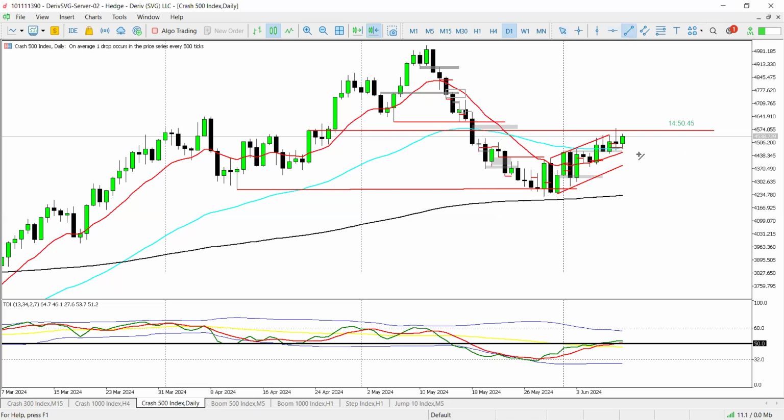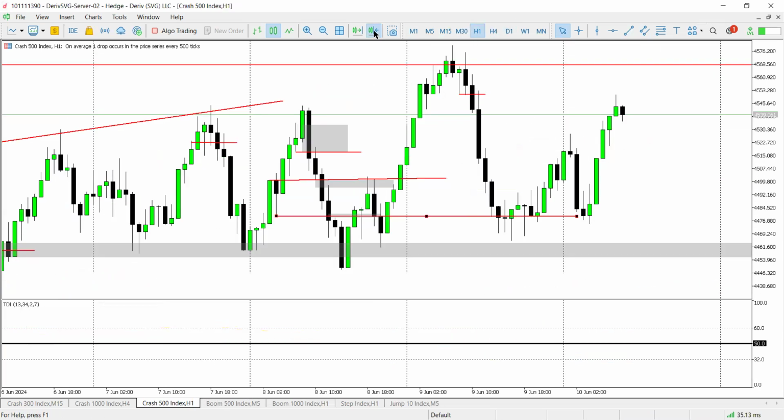But the sell will only become high probability when we come below the 13 EMA on the daily, or after we break this zone you see here. It will be more visible as we drop down the time frames. I would say if we can break there, we can get a nice sell. Today we can still get a sell, but it will be wiser to sell as soon as the current daily candle turns bearish. So with that being said, if we drop to H1,